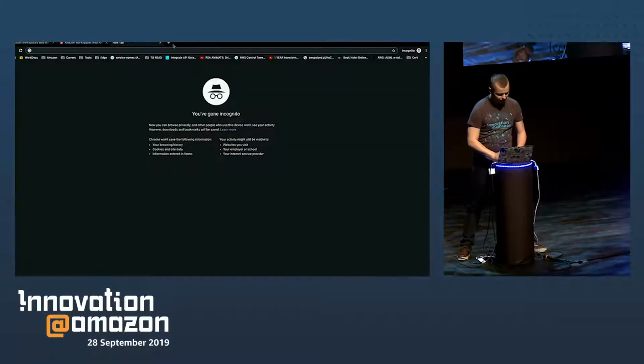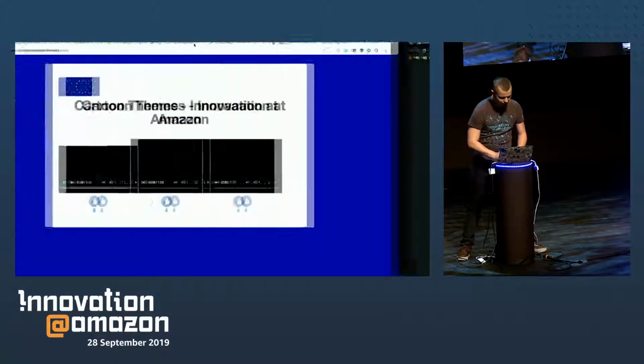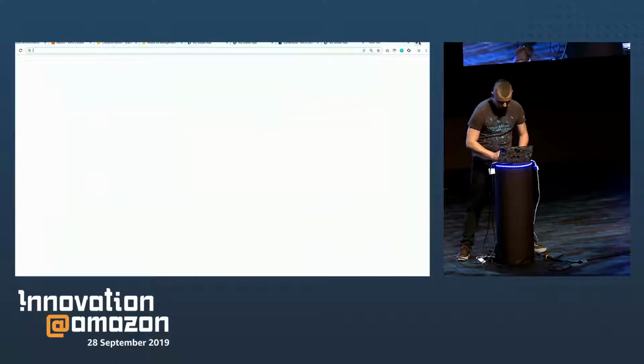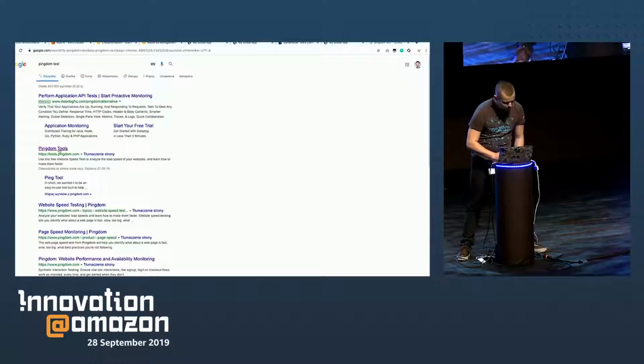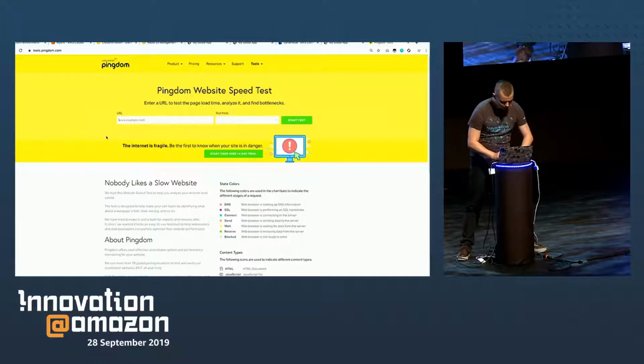Okay. So I won't be able to show you like this, but there's a different way. There's something called Pingdom. Pingdom is usually a solution for testing performance and so on. But in short, I can